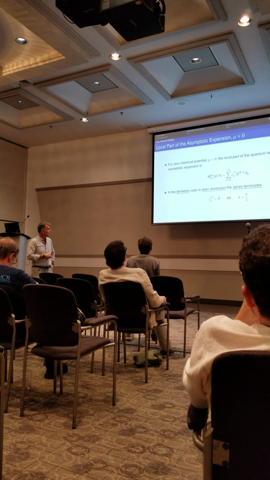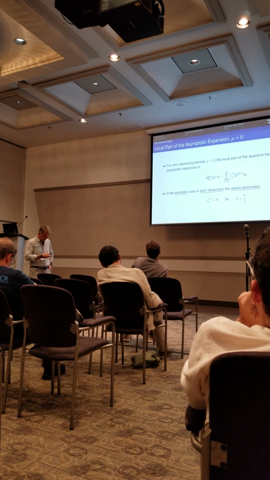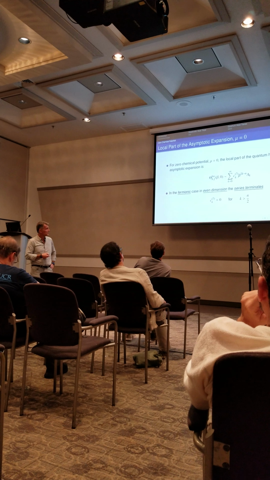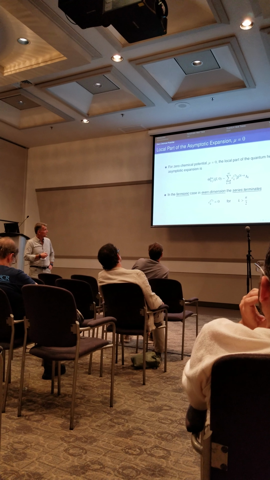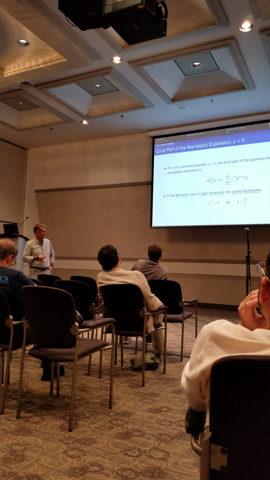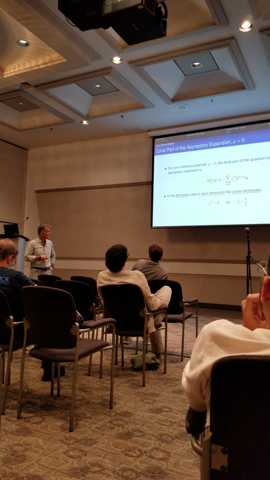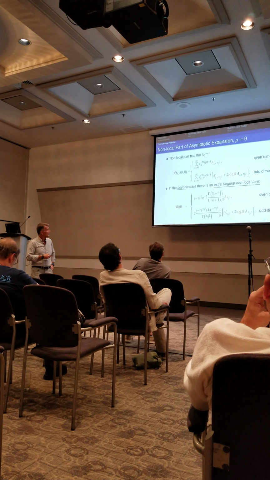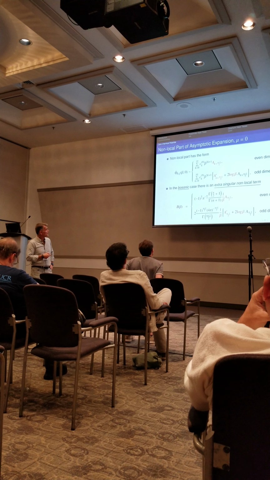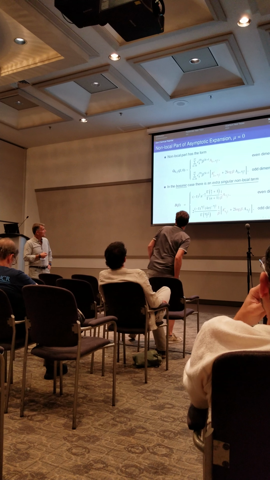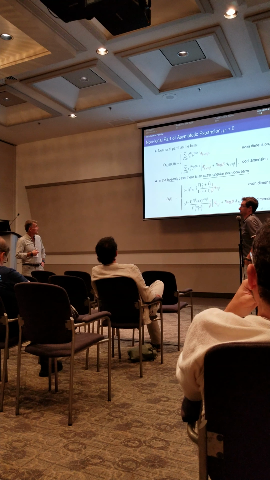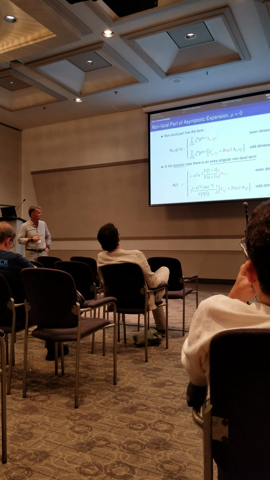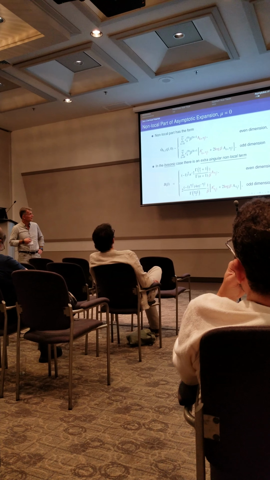You need to modify the contour and be a little bit more careful, but then you get the local part looking like this, and it terminates for high k. For the fermionic case, because the Riemann zeta function vanishes at negative even points, it terminates, so this is just a finite series. And the non-local part looks like this in even dimension, and in odd dimension it looks like this. And in the bosonic case, there is an extra singular term that is proportional to 1 over beta and proportional to this new invariant. Again, n is the